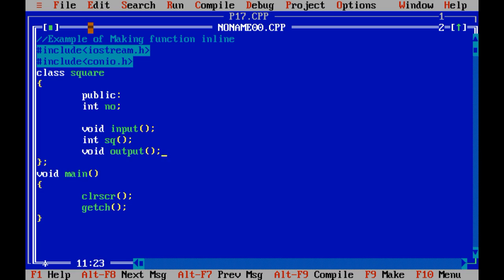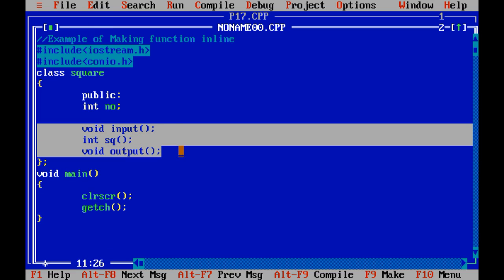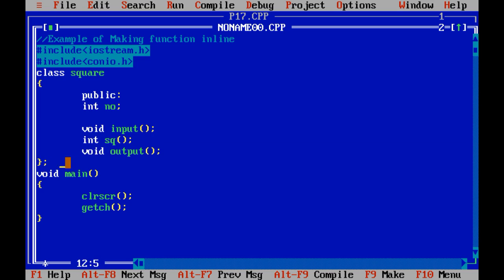Now how can I develop the body of these functions? This topic we have already covered, and the name of the topic is making a member function outside the class.